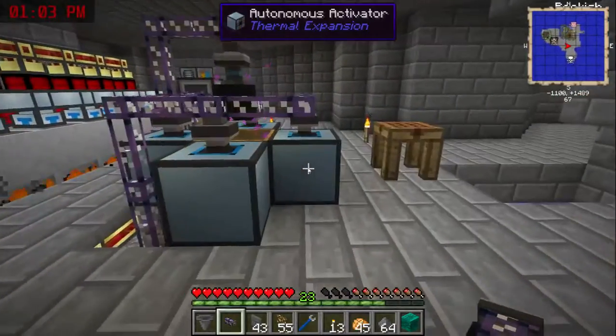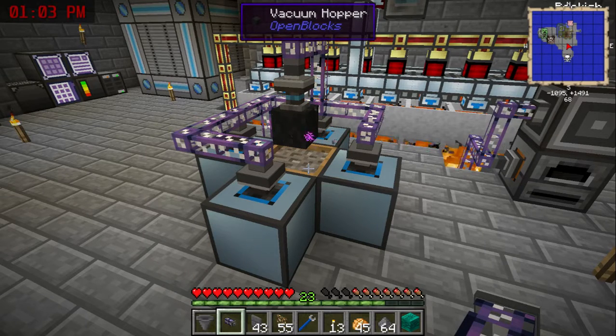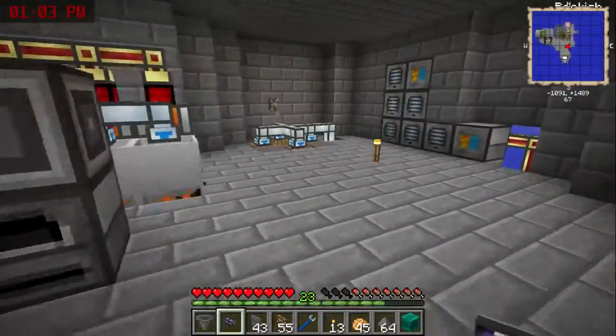Alright, so that ought to import that soul sand. Yes, it does. Let's see if soul sand actually ends up in here in one of the cycles. There's sand, gravel. Come on now. Soul sand's got to win. There's some dust. Soul sand. Cool, dust, soul sand. So it's going to switch off. That's cool. It'll hit everything. So then I can take...